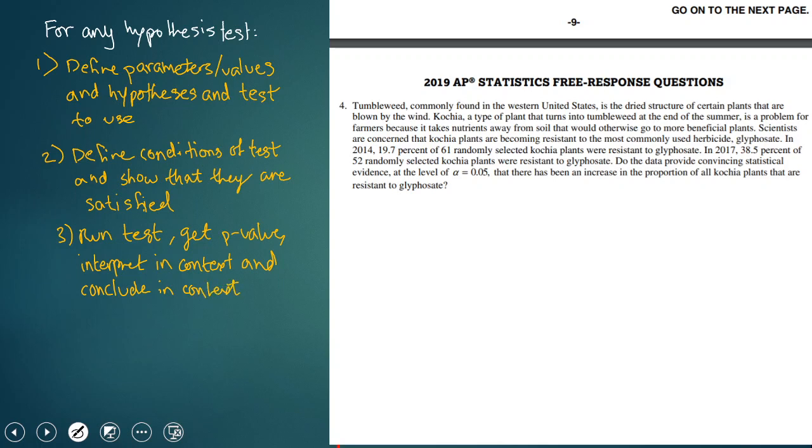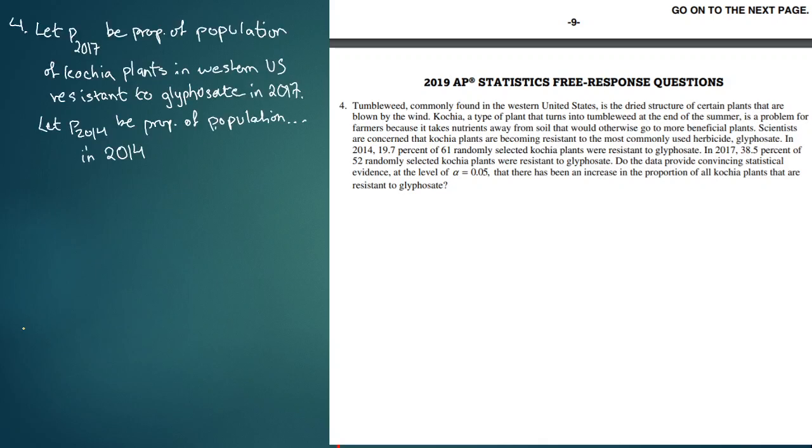Alright, so those are essentially the major steps for any hypothesis test. Keep those in mind. I'm not sure exactly how AP marks it, but at least when I did my statistics stuff, I'm pretty sure the scoring guidelines had sections very similar to this. So there were points allotted for defining parameters and hypothesis. There were points for conditions of test, stating the test, and explaining the conditions or explaining the scenario. And then there were points for the calculation, for your p-value being accurate, and then for your interpretation. So it's very similar to these 3 sections or steps. So just keep that in mind. So moving back,